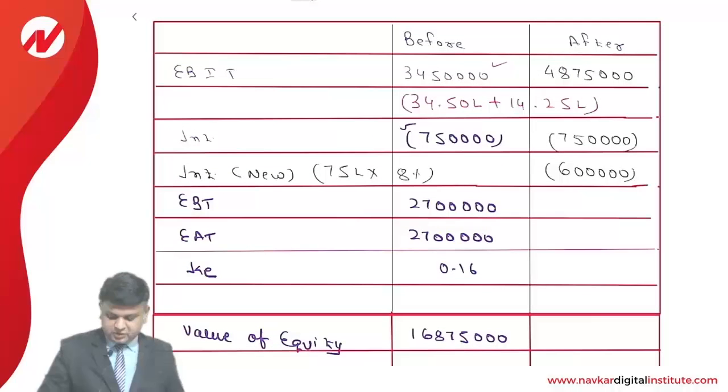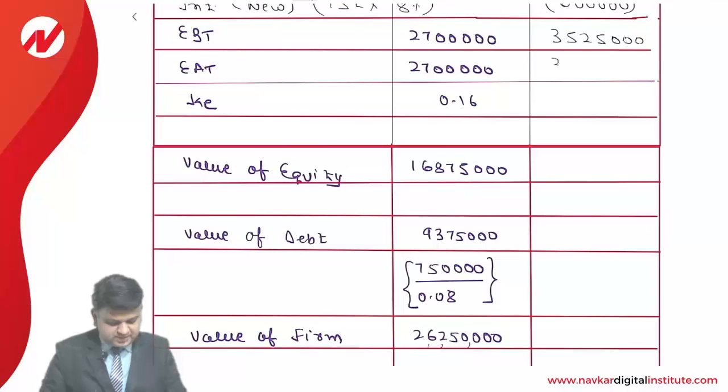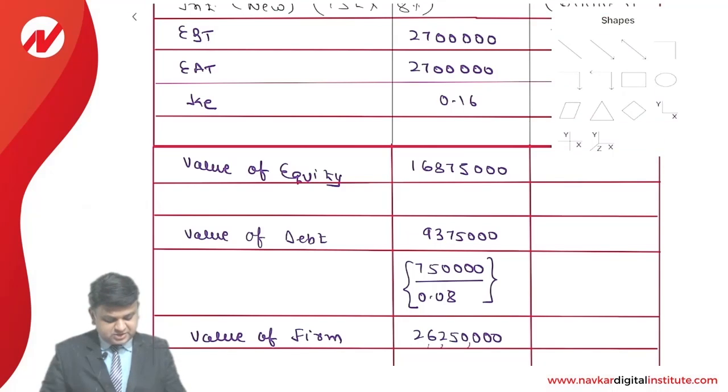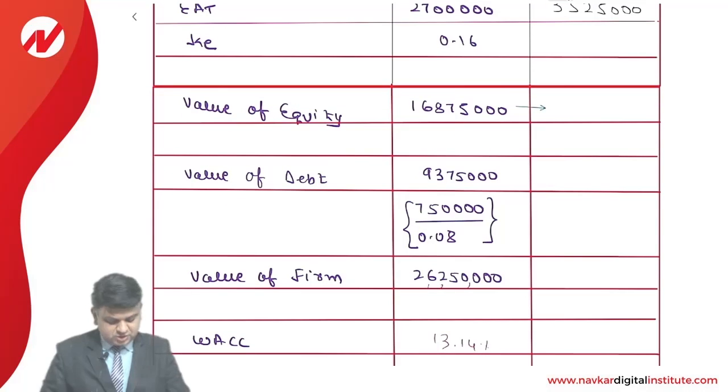Okay. So 48,75,000 minus 7,50,000 minus an amount of 6 lakhs, that is 35,25,000. This is of course going to remain the same. Why? Because there is no tax, there is no change in the equity, because the question is clearly providing that we are going to raise the debt financing. So it is